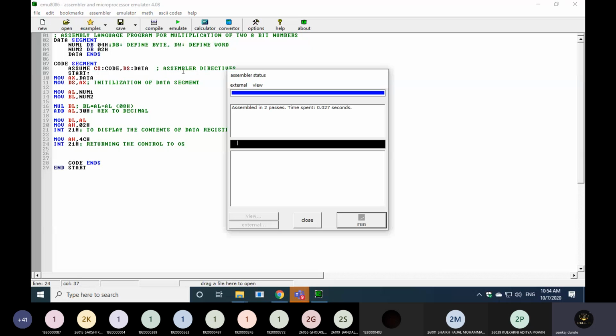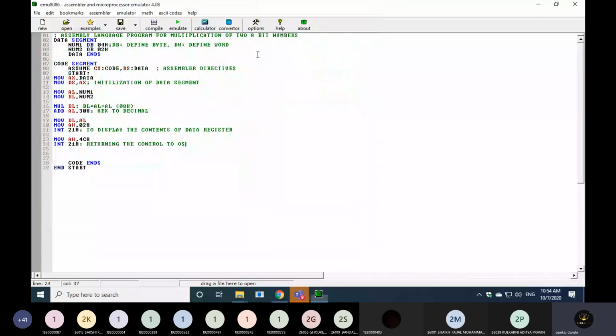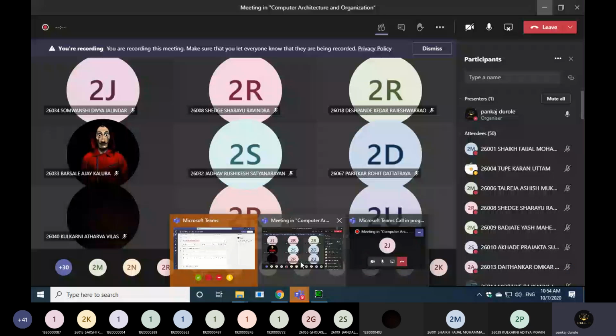Observe here, when you emulate, right, you will get the message that the program has returned the control to the operating system, like you write get character in the C language. So once you click on here, 4 multiplied by 2, 8 is the decimal value that you get. And this is how we are supposed to execute the program for multiplication of two 8-bit numbers.